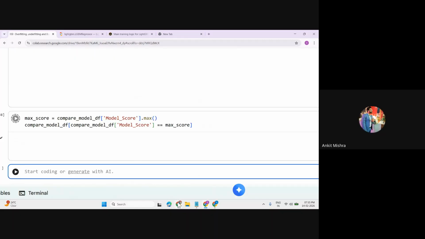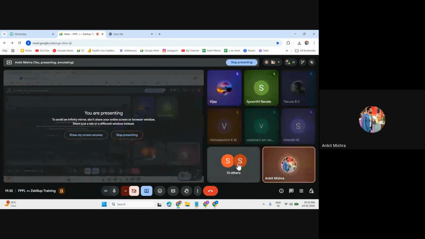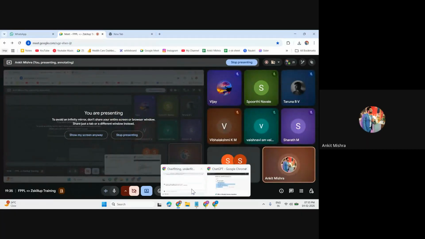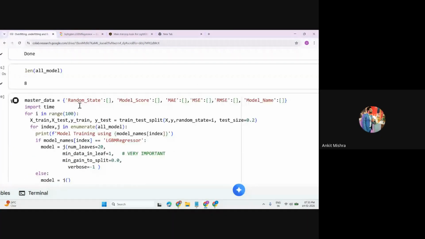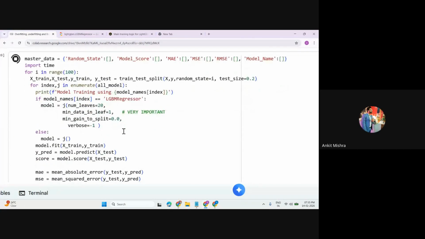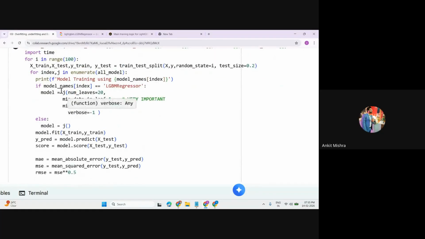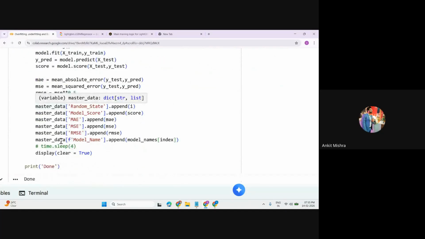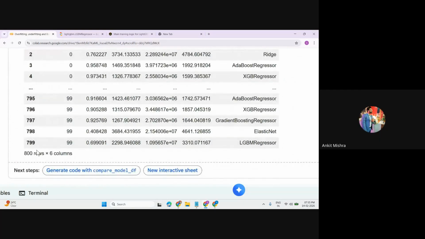Okay, is there any doubt related to this? Anyone? Vijay, Spurti, other candidates, guys, is there any doubt? Just let me know in the message area. Are you getting the point now? How we are just training the model multiple times and we are creating the master data. The master data is responsible to store all each and individual's value where we are storing and training the model, right? And once we get this now, we will get the final compare DF, and that is 800 of the